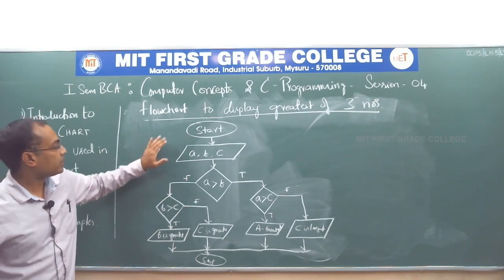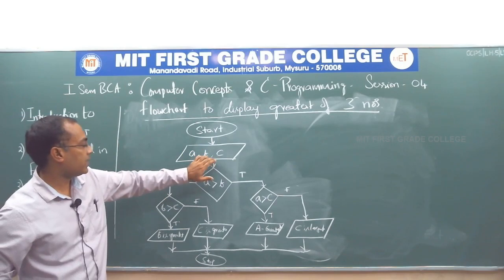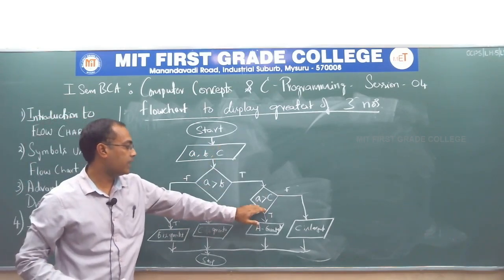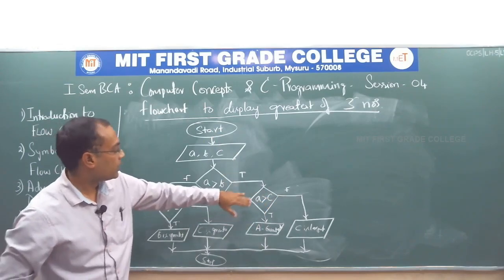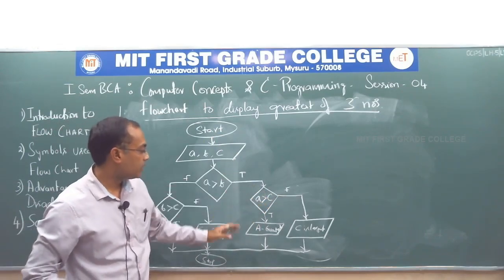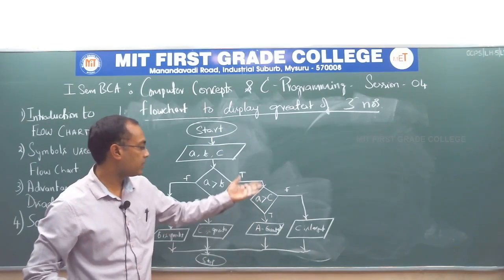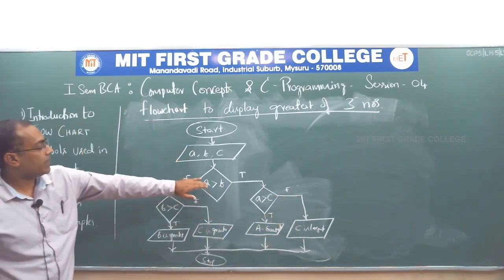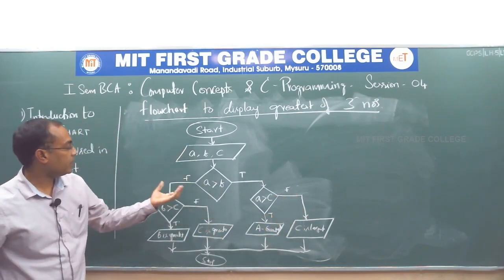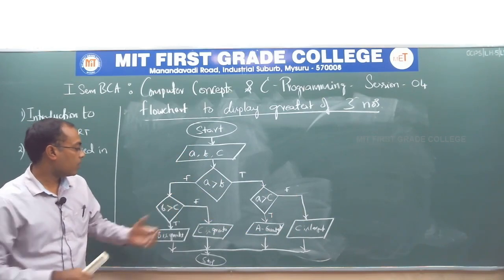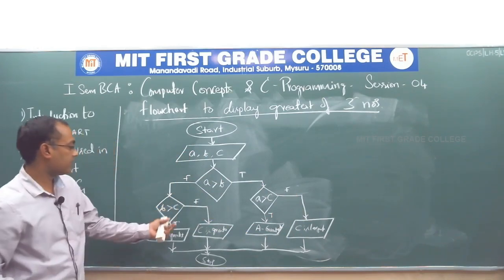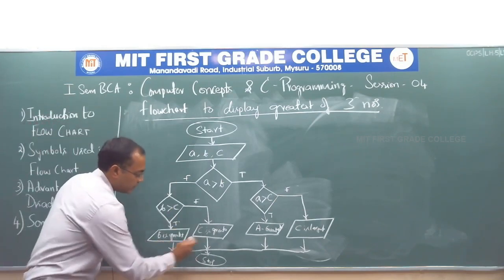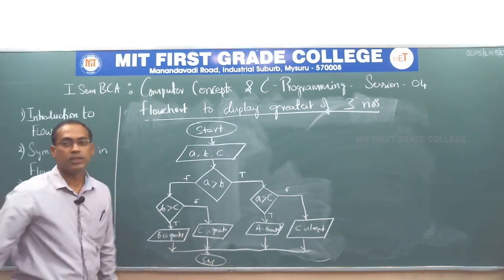Once again I am going to explain. Accept the input 3 numbers A, B, C. First check whether A is greater than B, and then check whether A is greater than C if it is true. If this also turns out to be true, then obviously A is greatest, else obviously C will be the greatest or largest. If A is not greater than B, then we need to take a decision whether B is greater or C is greater. In this case, if it is true, then B is greatest, else C is greatest. Then terminate the flowchart by using the stop symbol.